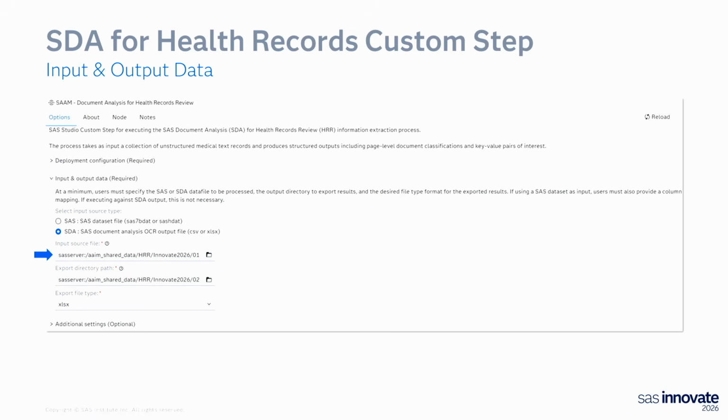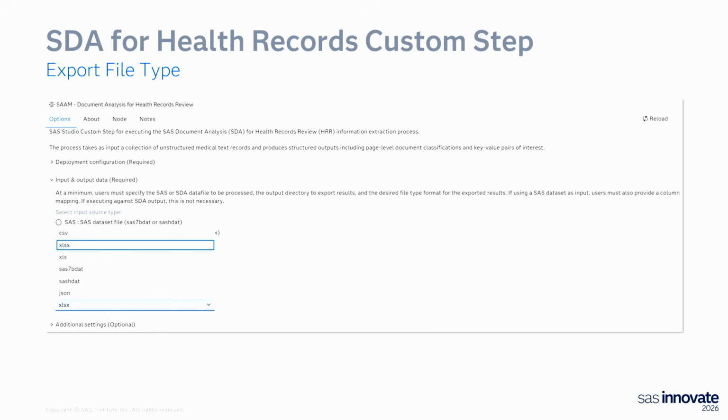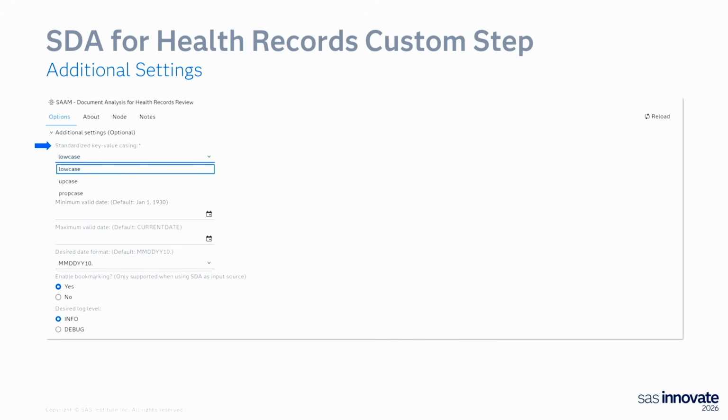The next option is what is your input file. You just point towards that. Give it a path to your input file, select what directory you want the output in. Then you choose what type of export file you want. We offer several different types of options. You can pick an Excel type of file, you can get a CSV, you can get SAS data sets, you can get a JSON payload. So those are your multiple different options that you have available. And depending on how you want to use the output, you can select the appropriate one. And then there's some optional settings that you can choose as well.